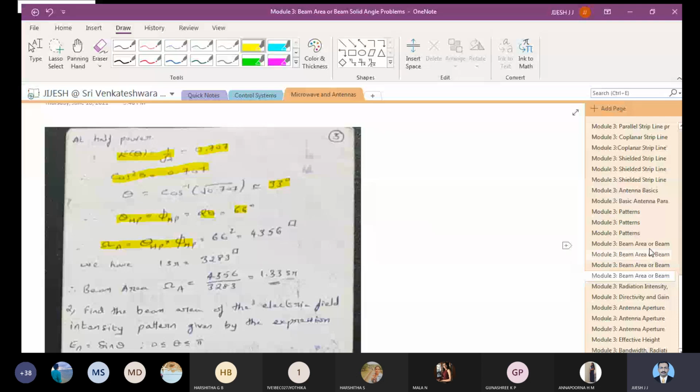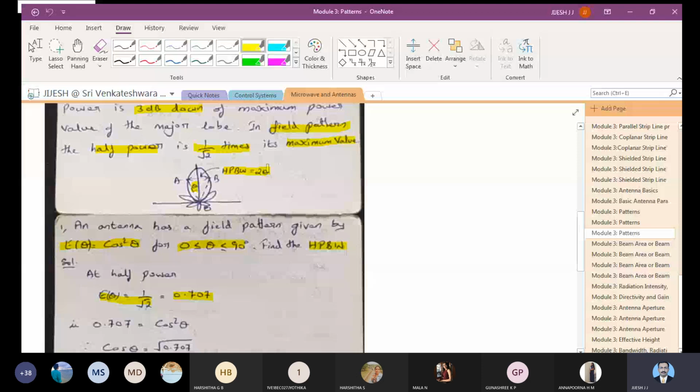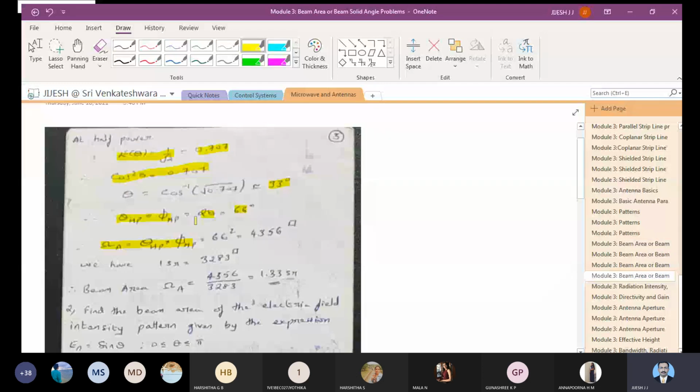We got the value of theta. So this is theta half power, and half power has to be 2 times theta. What we have to see here is theta you found out, and you need to multiply it by 2, to get the half power angle, that is theta half power. We say that theta half power and phi half power are the same. So you take 2 theta as 66. Theta half power is 66, phi half power is also 66.